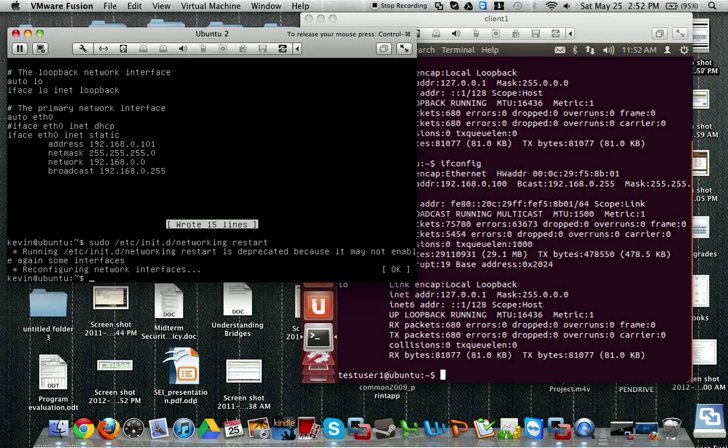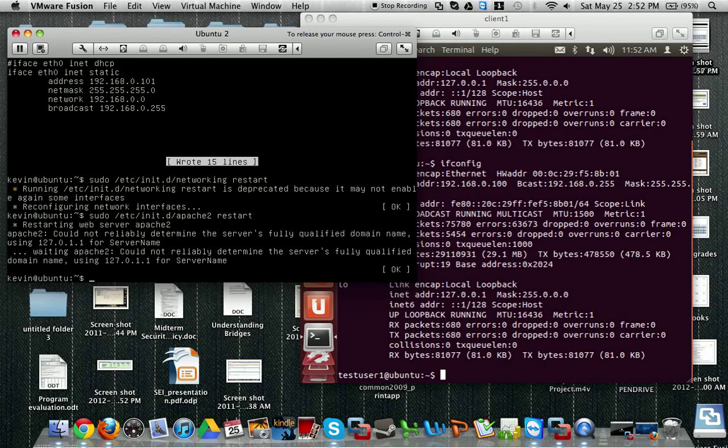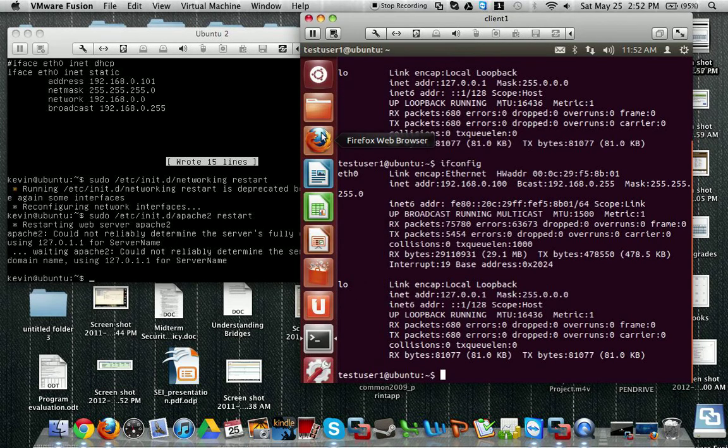So Apache should be running now. There are two ways we can test it. We can try restarting it. Init.d, if you didn't know, holds your services. Let's restart it. We know that it's installed because it restarted, which is a good thing. So if we go back to our desktop and we open up Firefox or whatever you use,